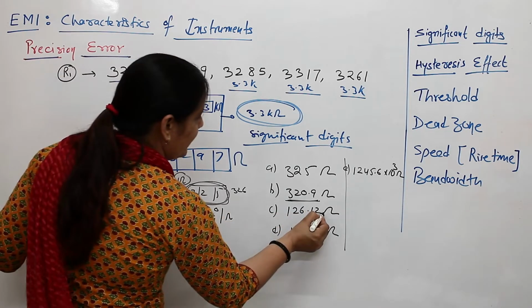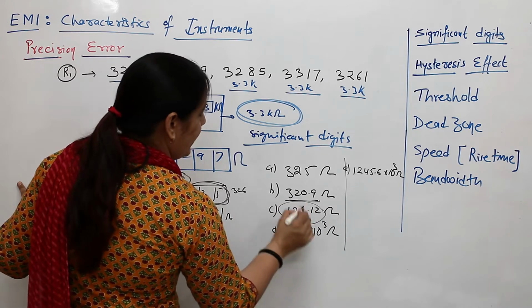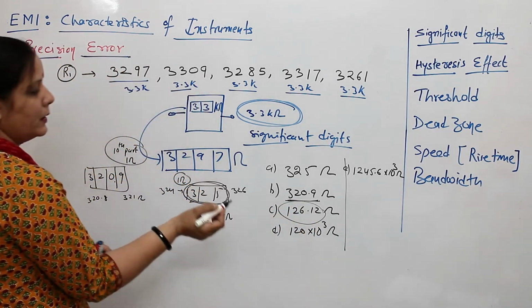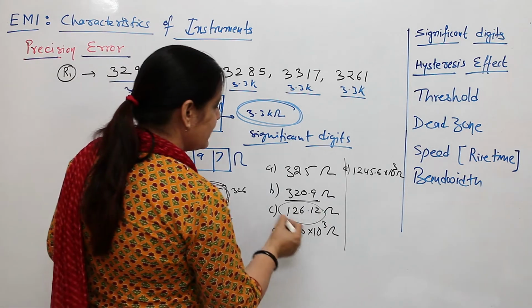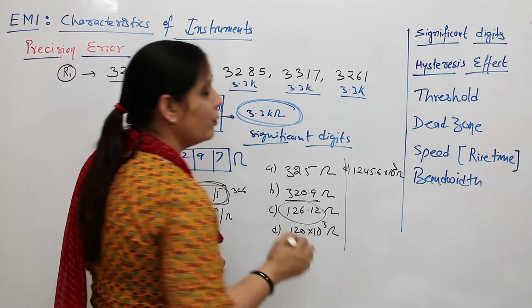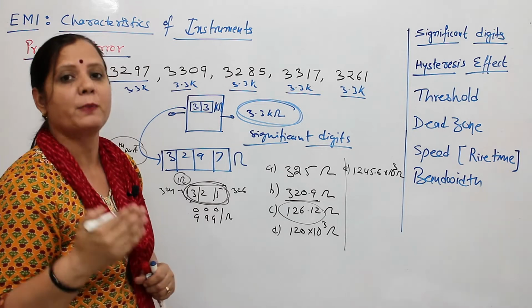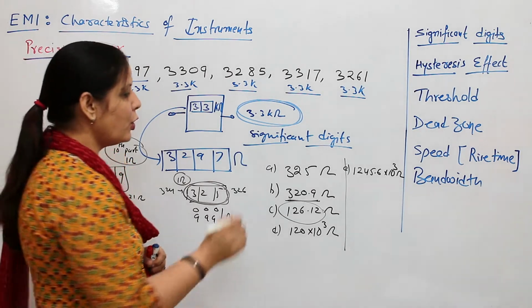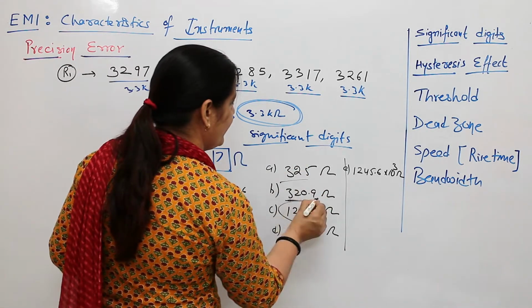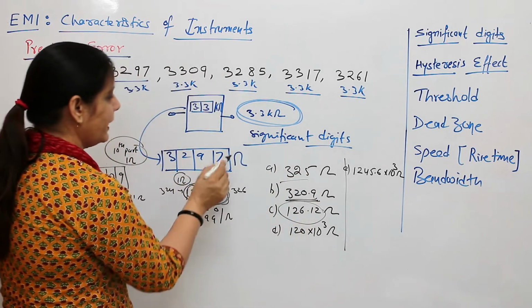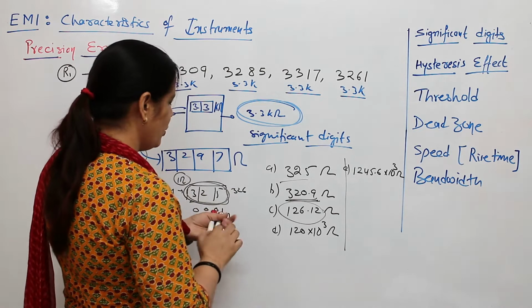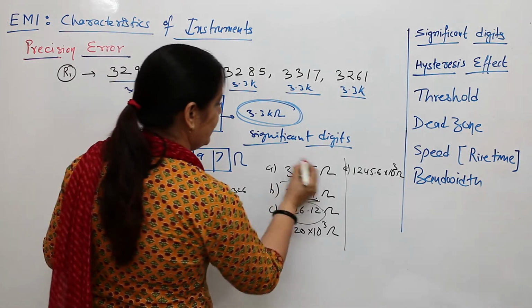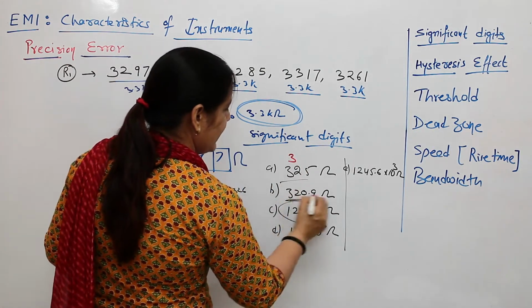In this measuring instrument, you are able to measure the gap up to the 100th part of an ohm, and this instrument will give you more accurate results with high precision also. So significant digits are the number of digits that are used in a display system. If they are going to ask you what the number of significant digits is, in this case it will be 3, in this case it will be 4,